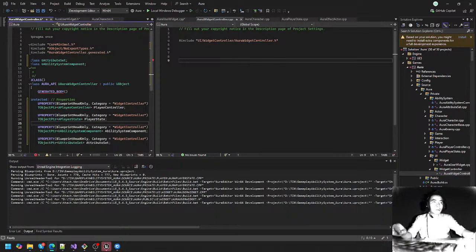Welcome back. Now we know that we need a few classes to get our UI system started. So I'm going to go into C++ classes, Aura, Public, and we'll make a new C++ class here. And I'm going to choose all classes and search for user widget. I'd like to have my own base user widget C++ class. And I'm going to use this class for my user widgets in this project. That way they're all compatible and share the same